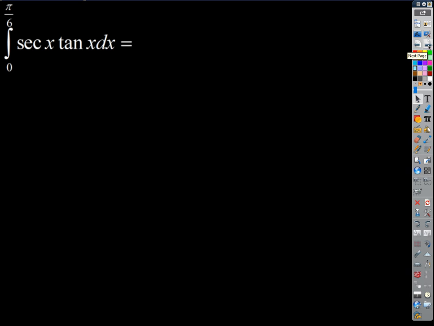Okay, what about this? Somewhere you got that sheet I gave you with the integrals, but you don't need it. You can just play Calculus Jeopardy. What's the derivative of what? Derivative of what is secant tangent? Secant. Does that make sense? Derivative of secant is secant tangent. So we know that the antiderivative here is secant x, and we're just going to evaluate that from 0 to